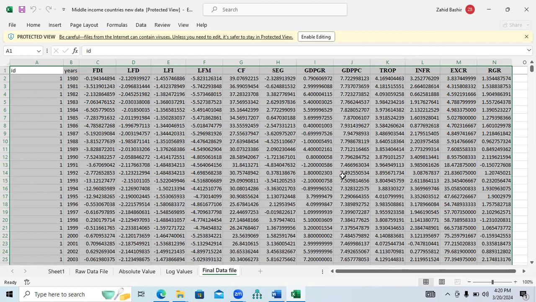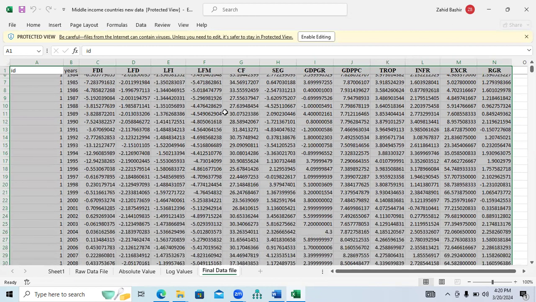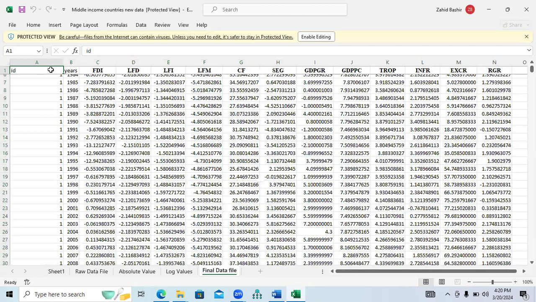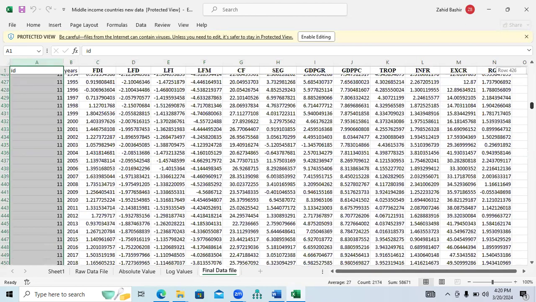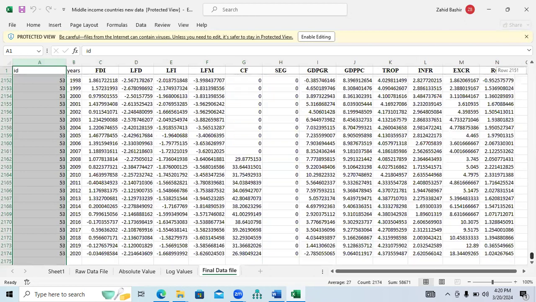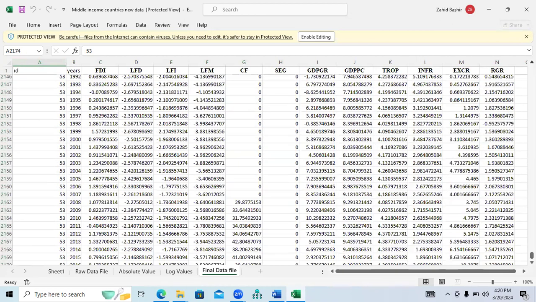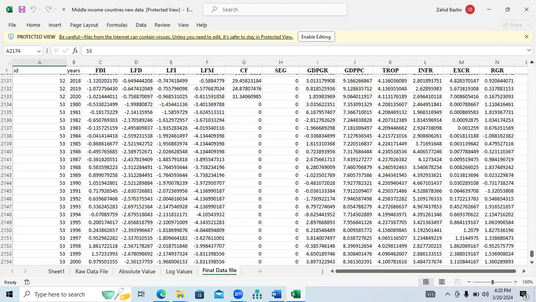If you look at the ID column, you will find the number of countries. I have used approximately 53 countries. And if you see the time dimension, I have used,